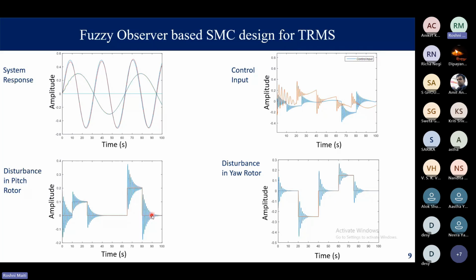And if it can track those disturbances, that means our fuzzy disturbance observer has estimated those disturbances in a very proper manner for each iteration, and therefore we can reject those disturbances also very properly. For both the pitch rotor and the yaw rotor, we can reject those disturbances very well. Now, these are the results which we have obtained